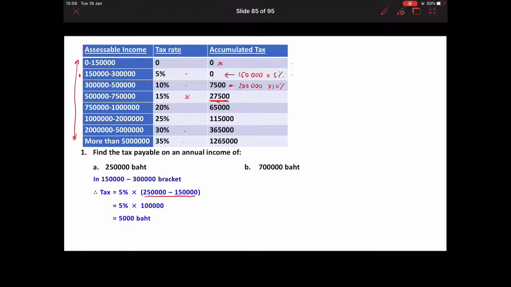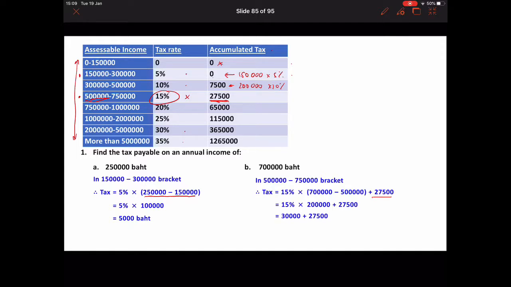Okay, so now if you earn 700,000 baht in a year instead, first find out what bracket it is. So you're going to be in this one here. So the amount of tax you pay will be however much you earn more than the 500,000. So that's going to be 700 minus 500,000, and on that you pay 15%. And then you need to add on the accumulated amount here. So add another 27,500. So you just need to work out what that is. So 15% of 200,000 will be 30,000 plus 27,500,